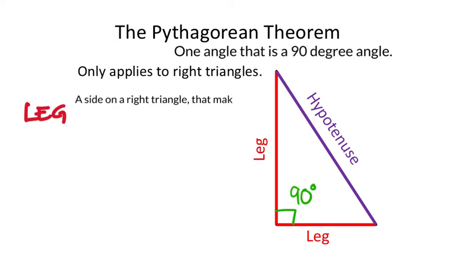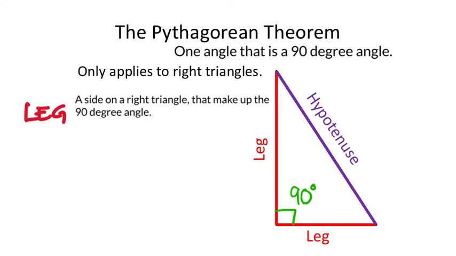that makes up the 90-degree angle. Okay? I said a side, but you could say the sides on a right triangle, even if you'd like. It's up to you. Okay, as long as we understand that the two sides on the right triangle that make up the 90-degree angle